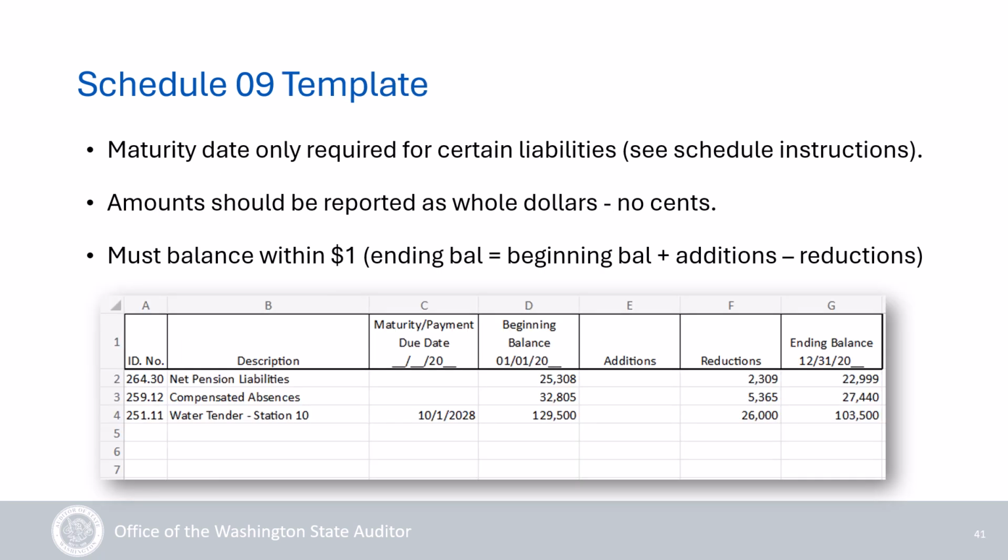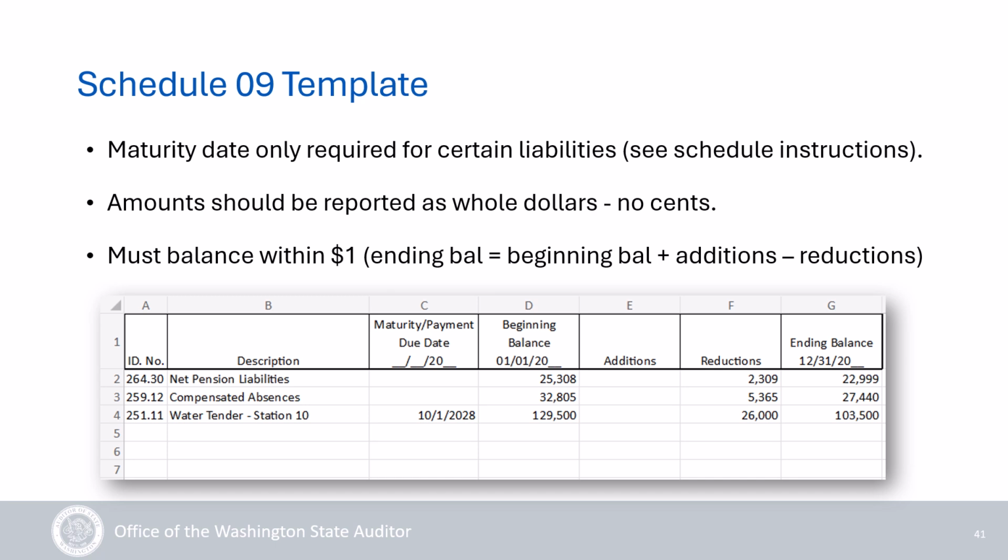Now that we know where to find the accounting and reporting guidance and instructions for Schedule 09, it is time to fill out the template. This is an example of the Schedule 09 template, and as you can see, we are not altering the basic format of the template because remember, it's designed to import the data into the filing system. When completing the Schedule 09, it's important to utilize the instructions to ensure you're using the correct ID numbers. You'll input the ID number, input a description of the liability. As you can see, it doesn't need to be lengthy.